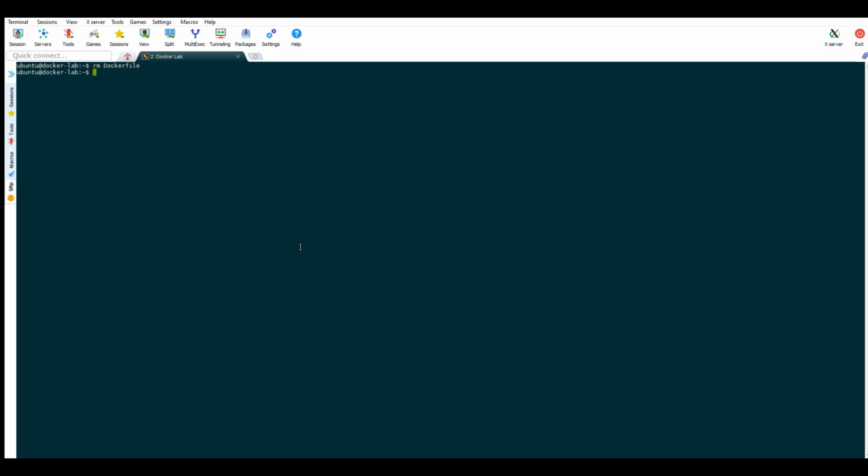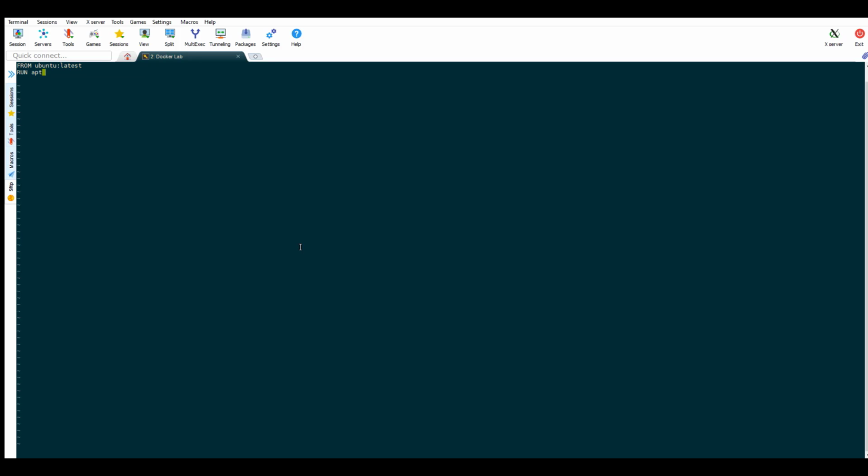To build an image using the Dockerfile method, as we have explained in our diagram, we will need a Dockerfile with the instructions that we have already explained. So for that we need to create a Dockerfile. The name Dockerfile is very significant and we should not alter this name.